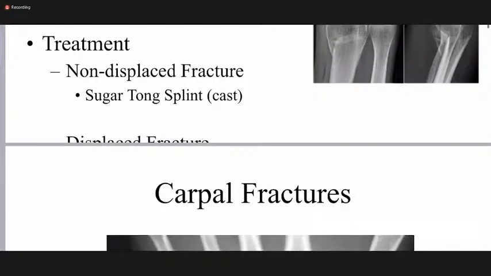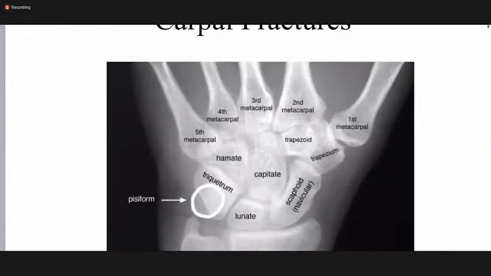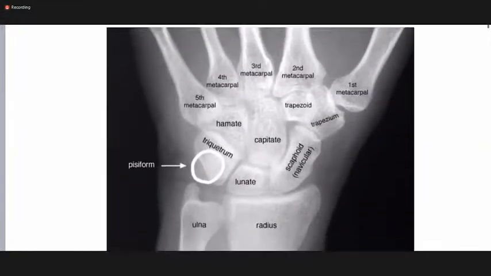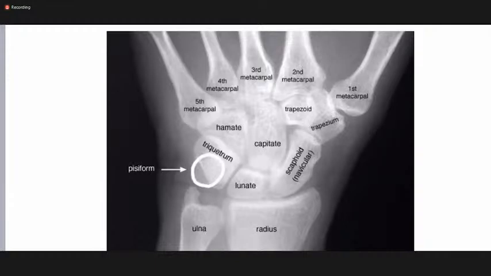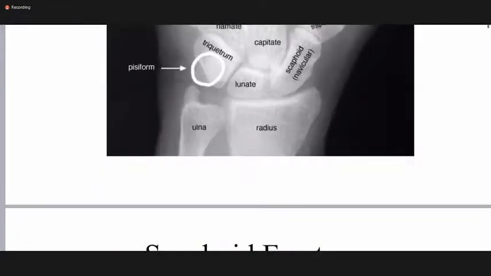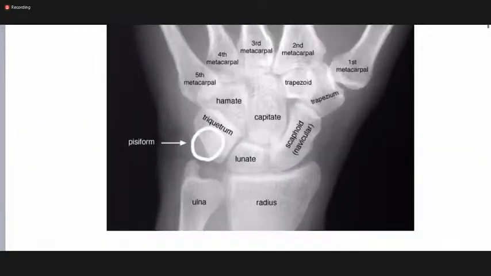Next, we move to identify the different carpal bones. There are various mnemonics. Do you know any mnemonic for these bones? Or ask your best friend. So all these carpal bones can fracture,